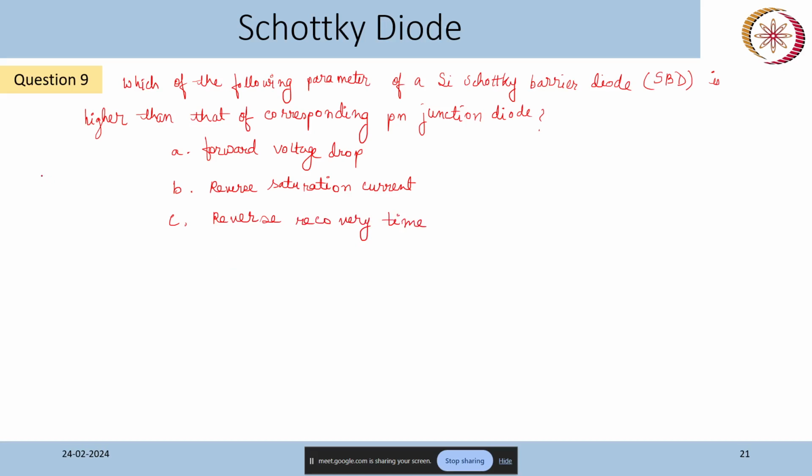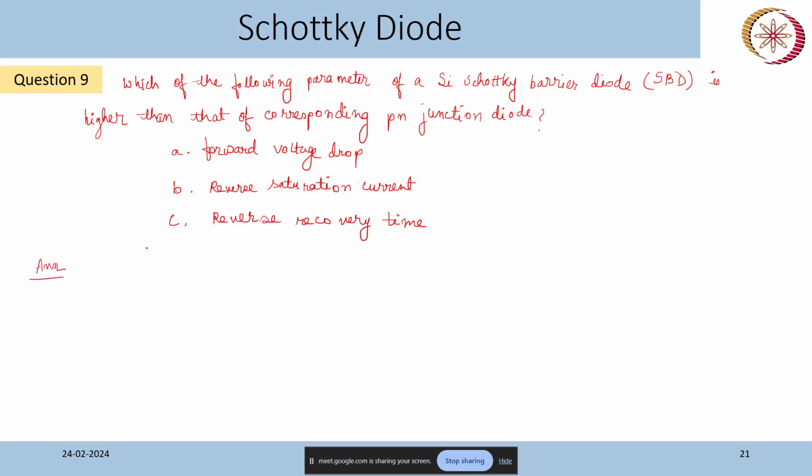So the question is, which of the following parameters of a silicon Schottky barrier diode is higher than that of the corresponding PN junction diode? Forward voltage drop, reverse saturation current, or reverse recovery current. So which one is higher in a Schottky barrier diode? Okay. So the answer is,